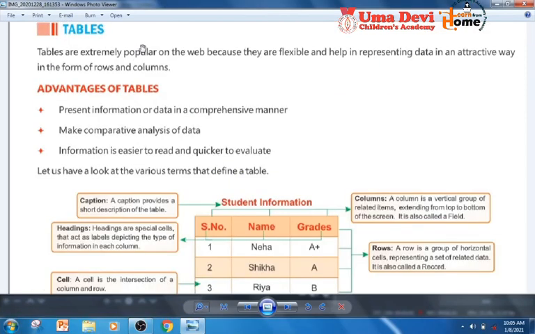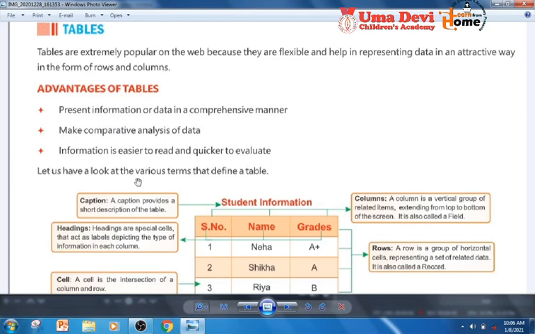So next is tables. Tables are extremely popular on the web because they are flexible and help in representing data in an attractive way in the form of rows and columns. Advantages of tables: they present information or data in a comprehensive manner, make comparative analysis of data, and information is easier to read and quicker to evaluate.